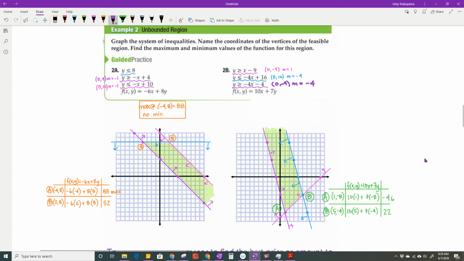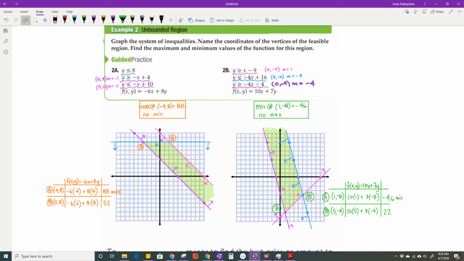And which one? Okay, so when you look at your graph, hopefully you see this has no max. It'll have a min, but no max. And which one of these is a minimum? Of course, that is -46. So you would write your answer as a minimum equals -48 at 1, -8. Okay? All right, so the last thing that we have to do is talk about the fact that this is